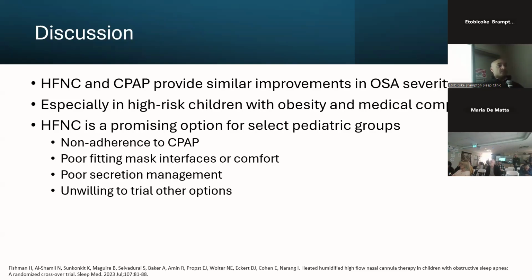Yeah. So the importance of monitoring them clinically and not relying on the download alone. Sure. So sometimes the machine doesn't reflect the control. Right. So sometimes it can be